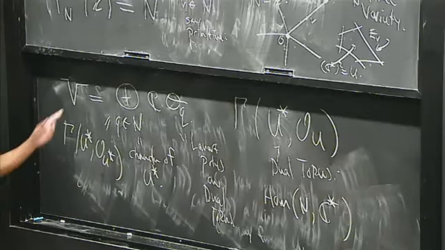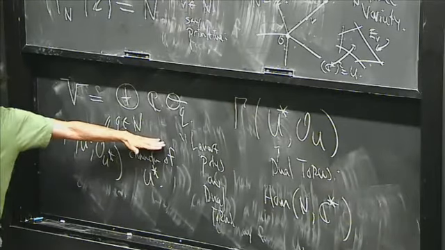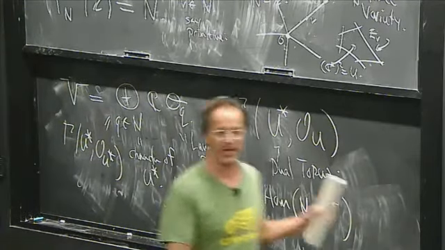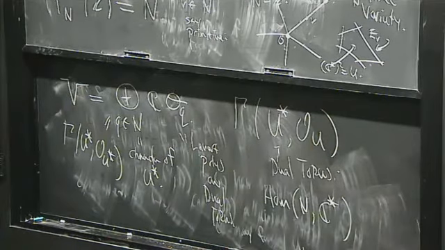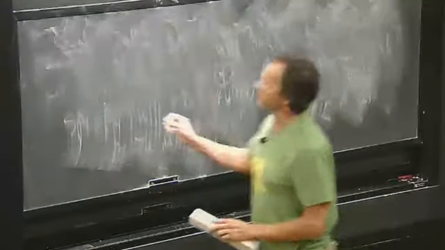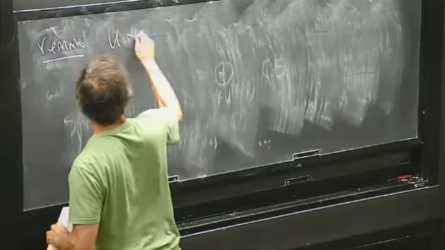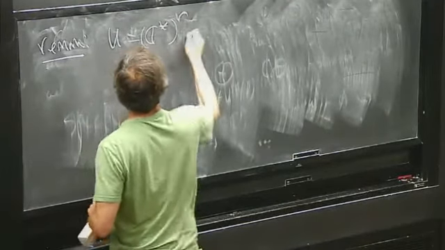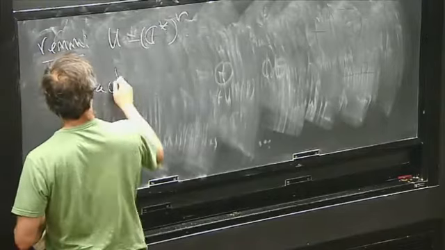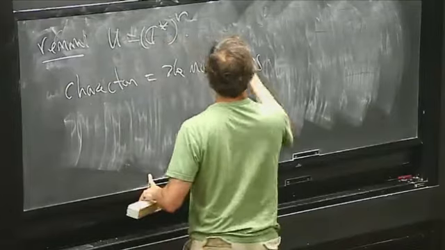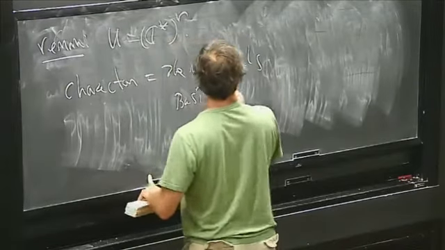The thing to observe is that this is in fact canonical. The monomial basis of functions on a torus is actually a canonical thing. It's intrinsic and does not depend on any choices. The remark, which was part of the inspiration for this, is that if I take U to be (C*)^r, then the characters, the monomials, are of course a basis of the global sections.